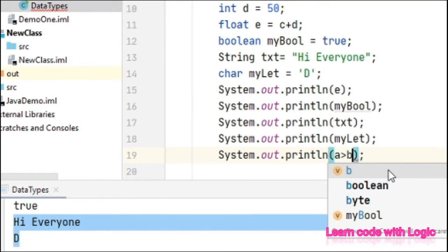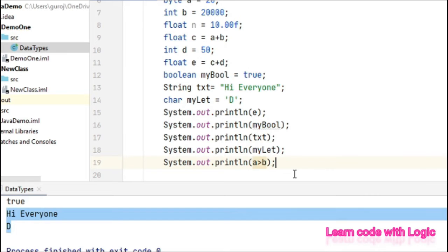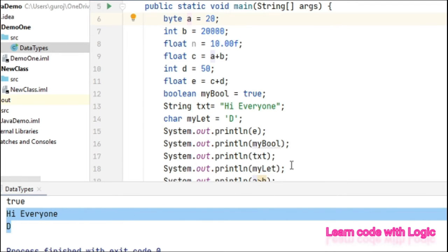Now let's do some comparisons. We will see more of these examples once we discuss the topic called operators. Just for the time being, I am showing some examples now. We have A and B here, so A is 20 and B is 20,000.